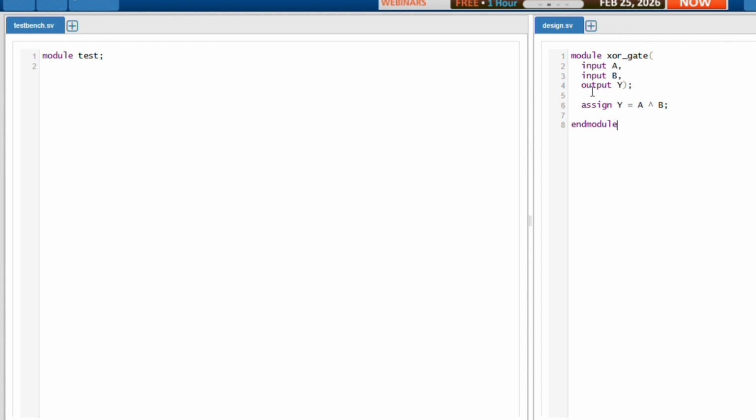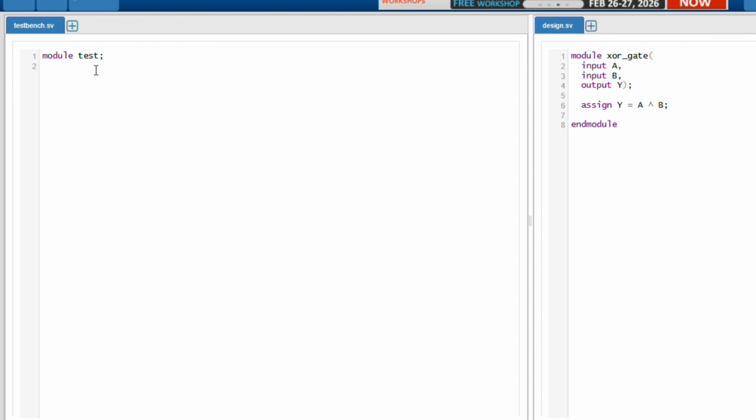Here I have written all my design part, and in this part I will write the test bench environment. So let's see. I will write that test bench in a module also. So first we will declare a test bench as a module. So here module test, and then we declare the signals that have to be driven to the DUT. Whatever input, whatever signal of DUT is given here, we will write it